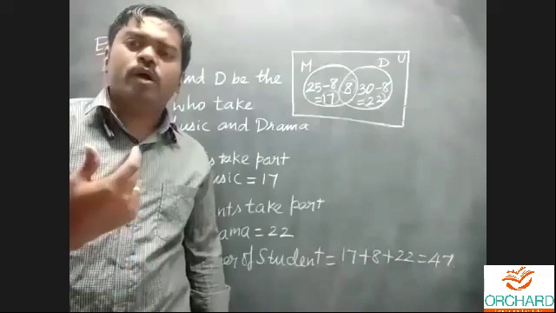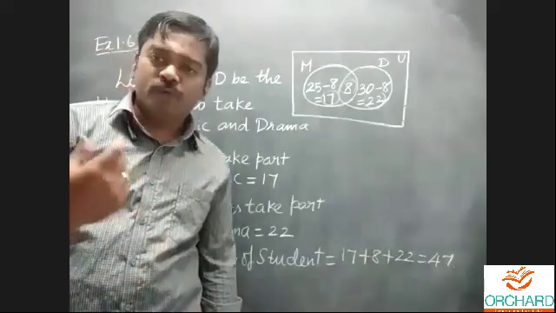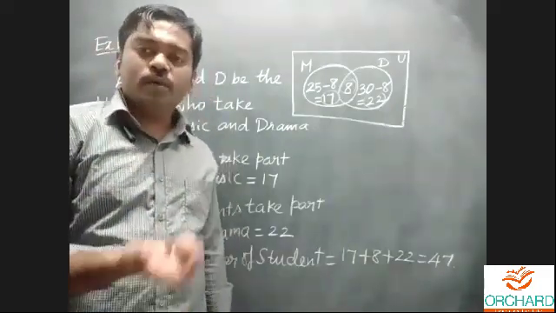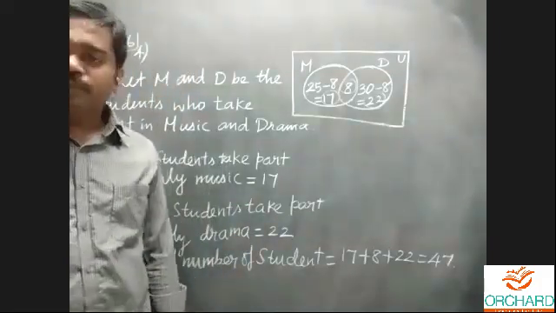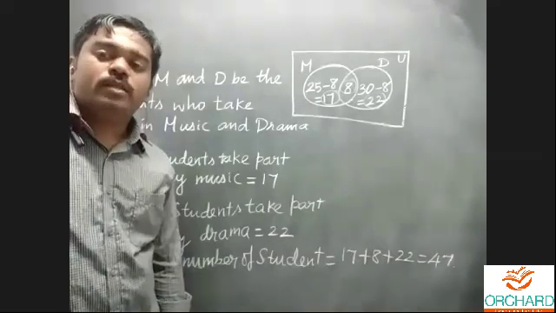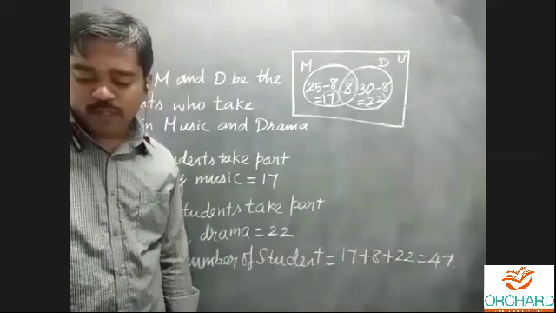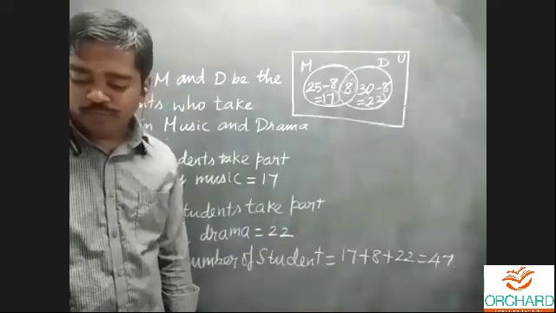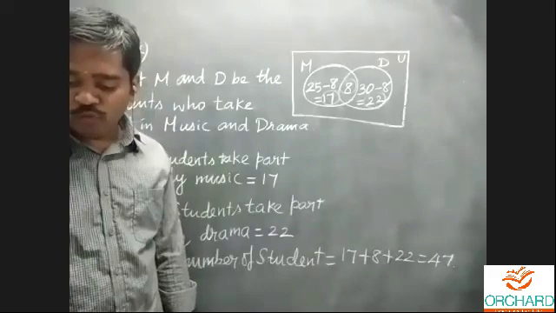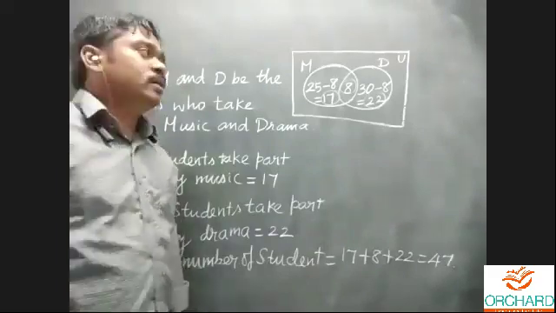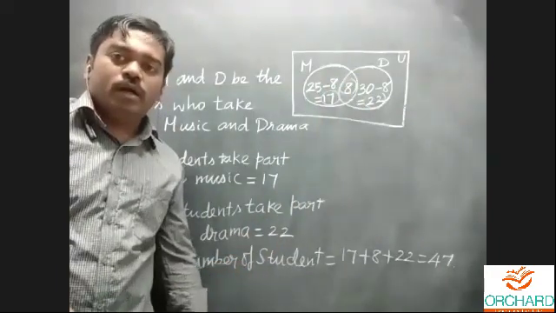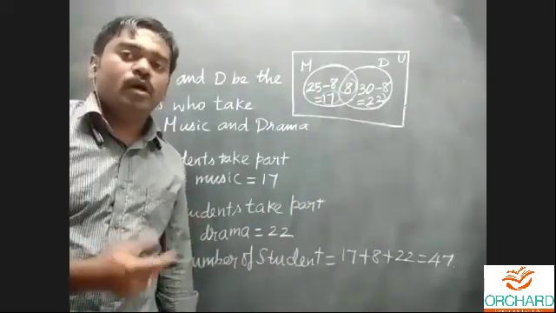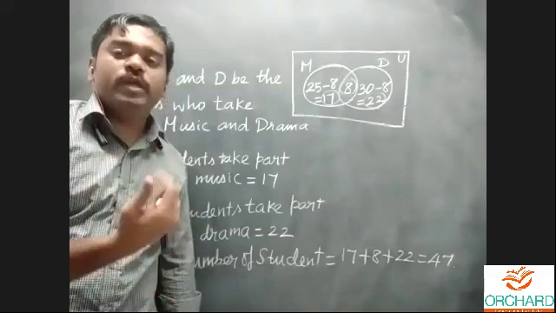Tea or coffee or both. It may be that a few people like tea, a few like coffee, or a few like both tea and coffee. Then 35 people like tea, they give the information: 35 people like tea, and 20 people like coffee. Find the number of people who like both tea and coffee. This is the middle one, the intersection between the two sets.